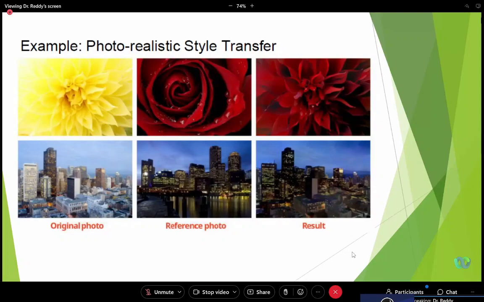So here, I can transfer other features, like if the flower has certain water drops on it, dew drops. If I transfer that style, it's not only color, I can also add some water drops. I don't know whether it is added or not, but if you want, you can. This is important. You should know what style we are transferring. First, we have to decide from the reference image how many styles we want to transfer. Is it only one or multiple styles? Accordingly, we can decide. So the color we have added, maybe water drops also you can add in case you want. It's not true that every property you have to add, but at least one reference you have to take from the reference image.